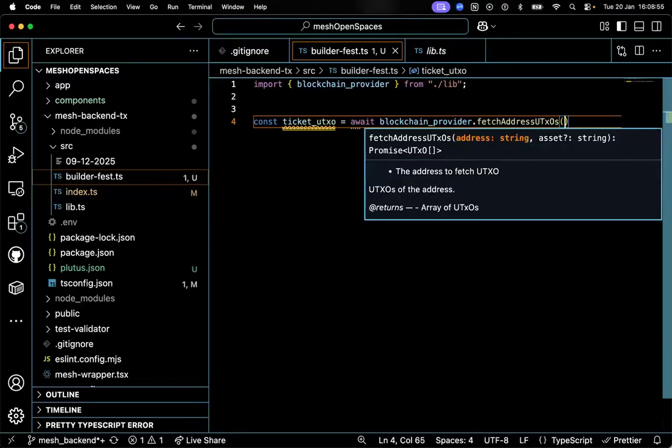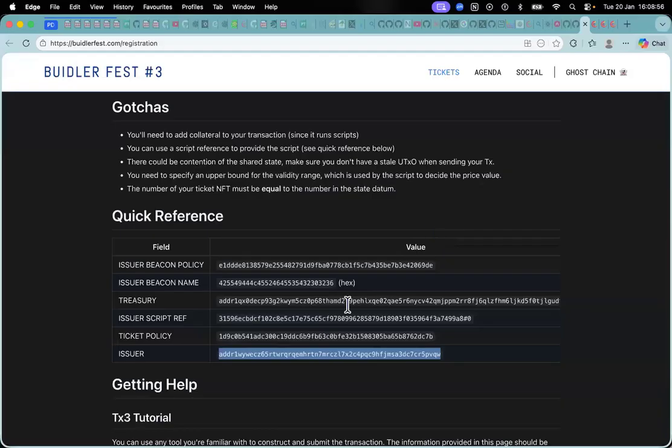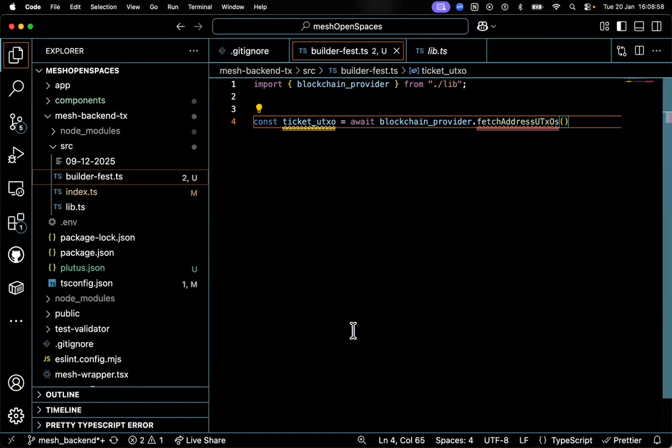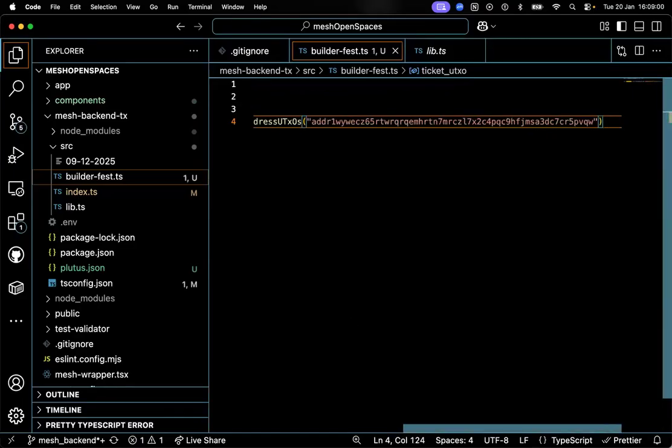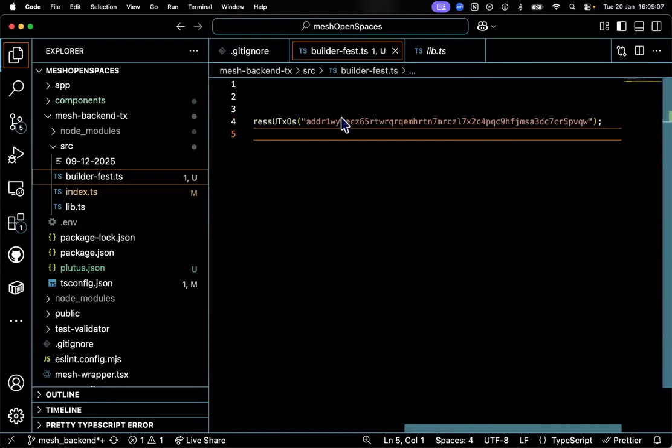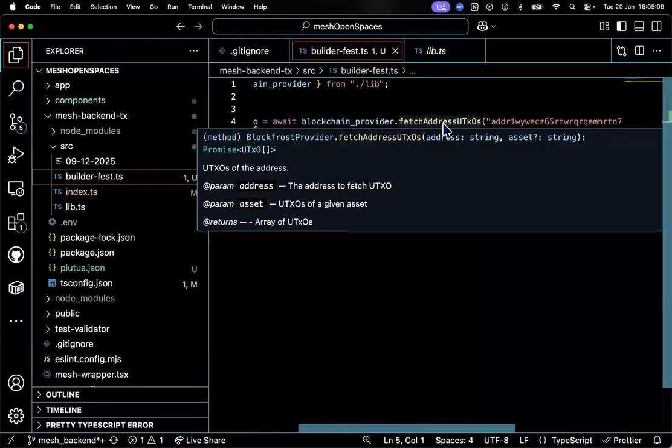And so we are going to give it the address like so. All right. And I think this allows us to add additional parameters like assets. You will see blockfrost dot fetch address UTXOs assets.